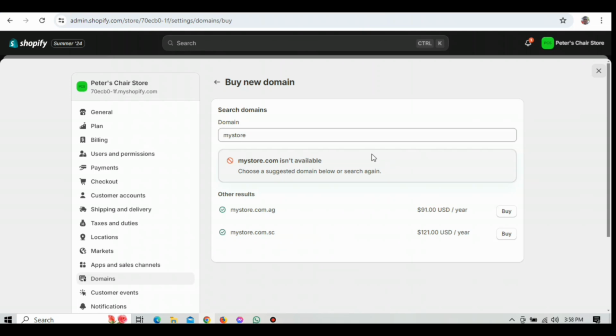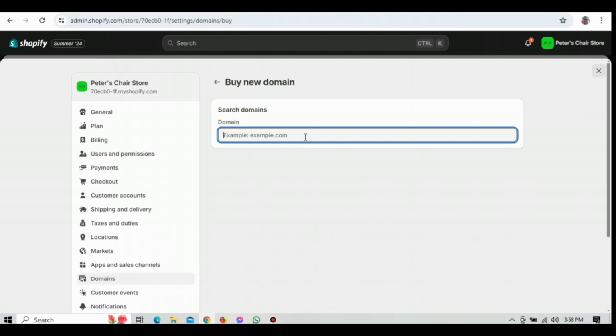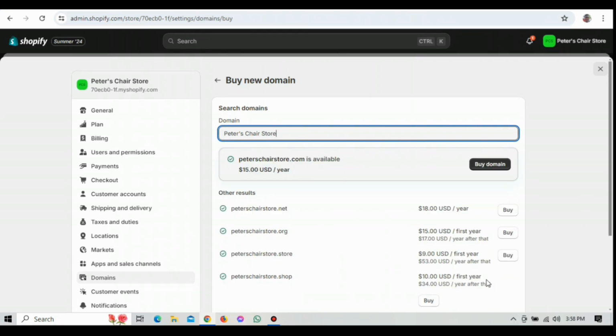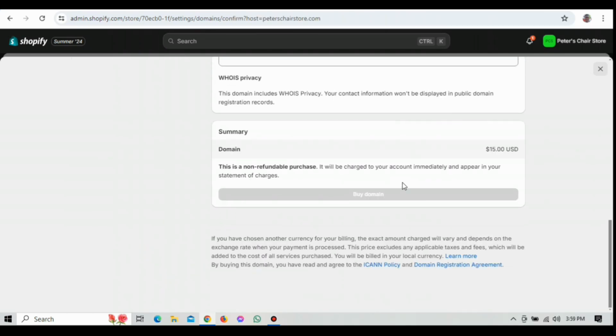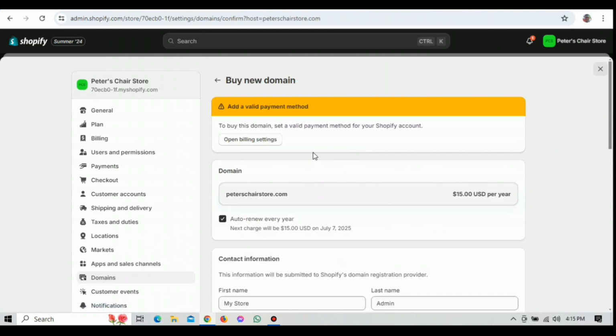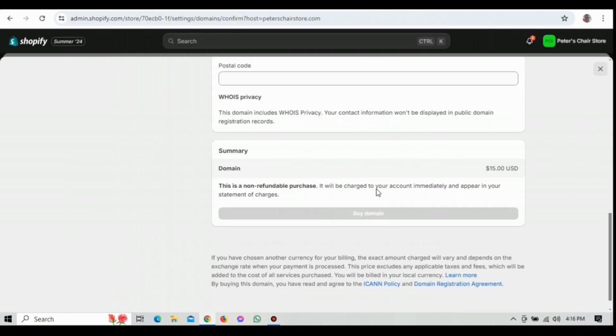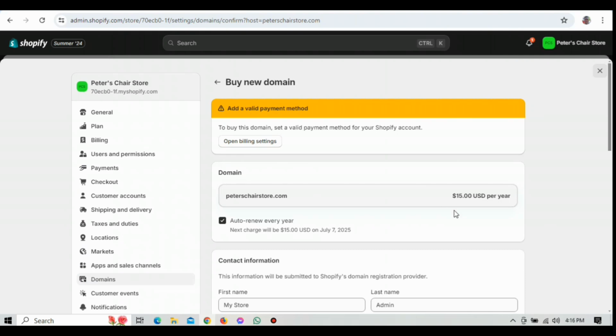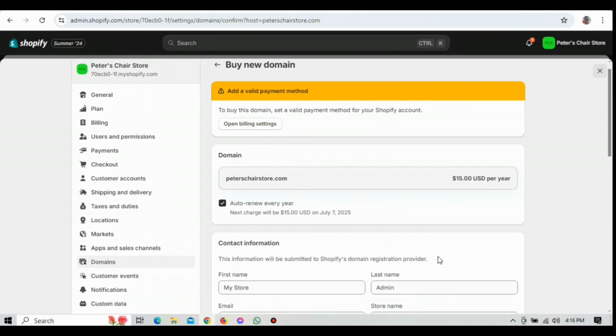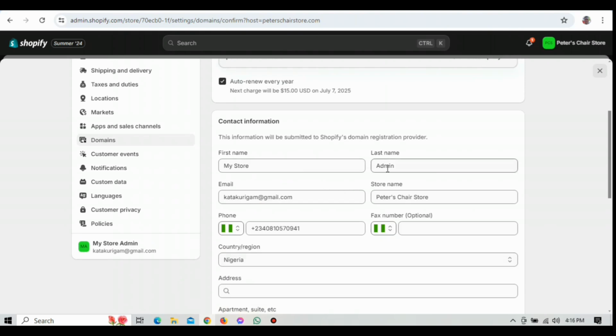So let's go ahead and search for Peter Wooden Chair. You'll see the prices shown below. Once you find the domain you like, put in your details on the purchase side. The next step is to verify your email using a link sent by Shopify. And once you do that, you're good to go. Another benefit of buying a domain through Shopify is that they help you keep your personal information hidden from the public. Finally, to go back to the home admin page, go over to the top left corner of your screen and click on the X icon, and this will take you back.